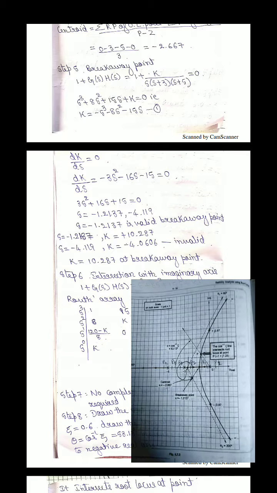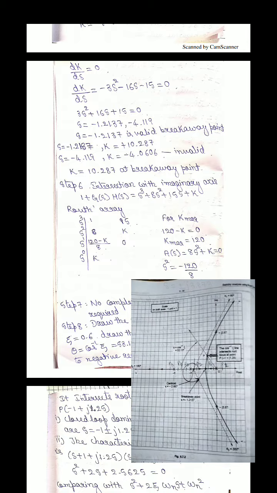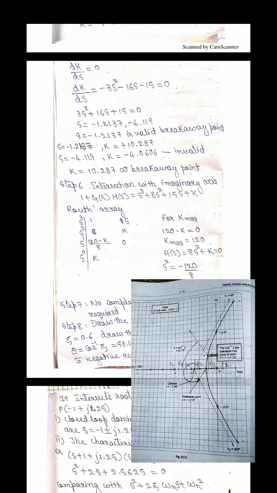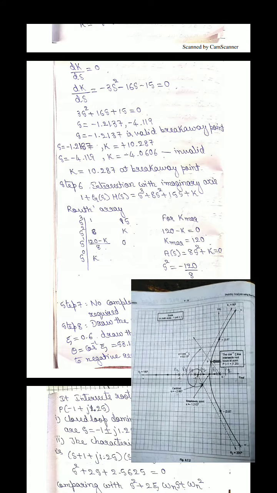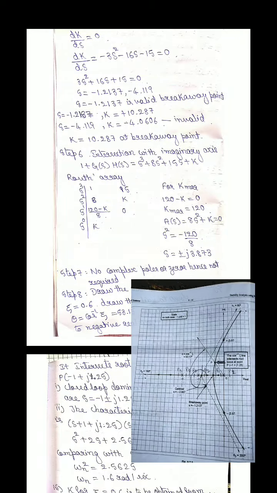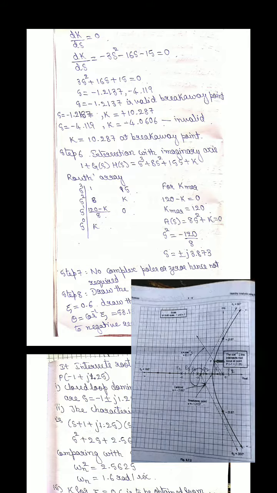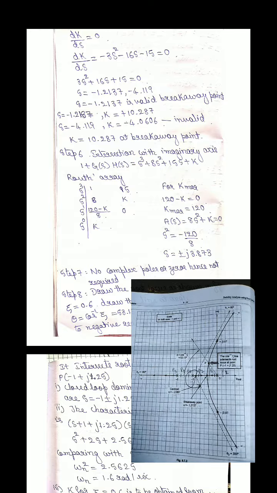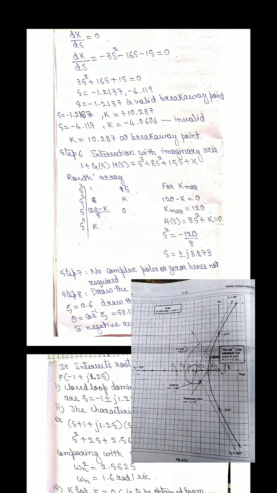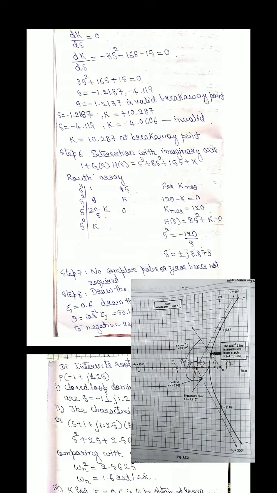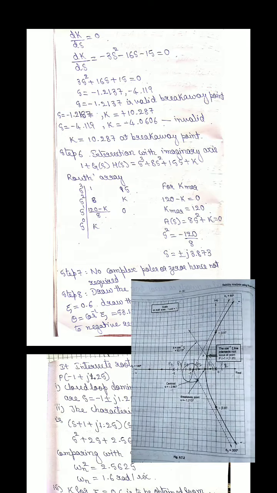Next, step 6 is intersection with the imaginary axis. 1 plus g of s h of s is equal to, what you got, the equation; you find out the Routh array, already you know how to find out. Next, for k marginal, you can see here 1, 15, that is a0 and a2 value. Next, s to the power of 2, that is a1 and a3 value. a1 value is 8 and a3 value is k. And for s to the power of 1, 8 into 15 minus k divided by 8.